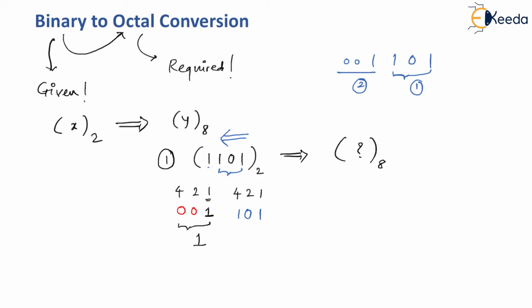If you have not understood, need not worry, I'll take a number of examples. Over here in the second group also, look at this where ones are written. 1 is written here and here. Now see their binary weights. That is 4 and 1. Now just add up, that is 4 plus 1. It becomes 5. That's it. So what I can say now, 1101 to the base 2 is actually equivalent to 15 to the base 8. That's it. It is that simple.